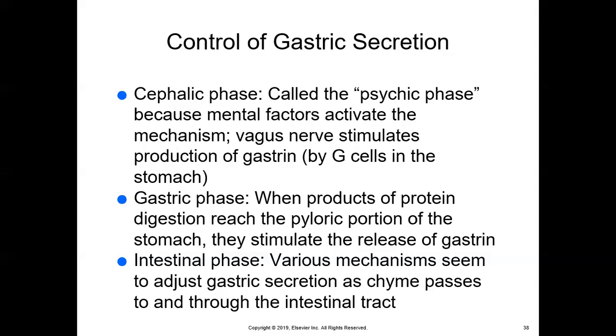Then you have what you call the gastric phase. So gastric phase is when the products of protein digestion reach the pyloric portion of the stomach. Then they produce the release of gastrin. So once again, gastrin is produced literally when you take food in and the products of the protein digestion. So when you chew for the mechanical digestion, and then when the chemical digestion in the stomach, and you have that churning of the chyme back and forth